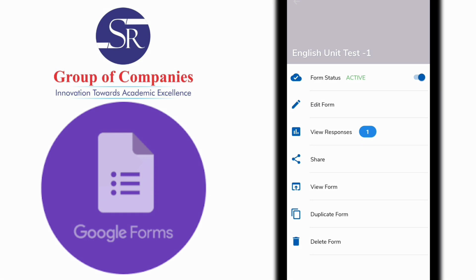This is a very easy application for you to understand how to create question papers. Please create the question papers. If you have doubts, you could get back to the KYC team and we would explain to you how this can be created. But this is a very user-friendly application and I am sure children would like it.